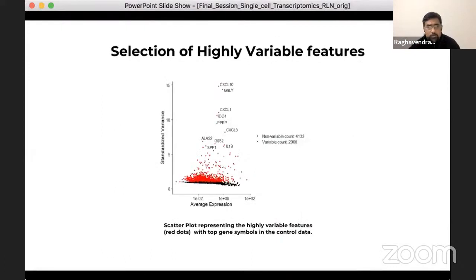And the next will be the standardized variance plot of